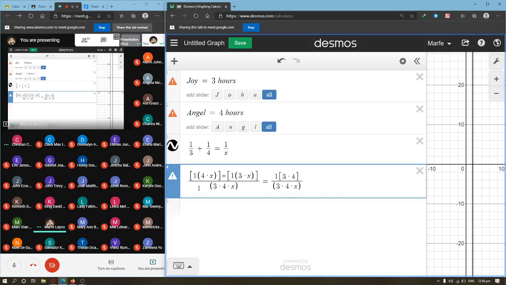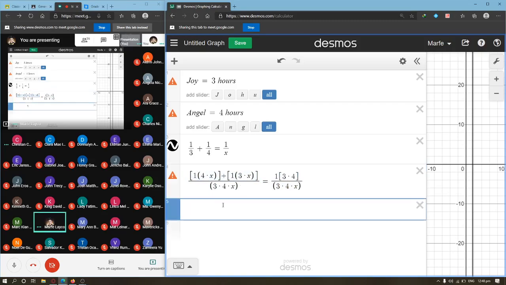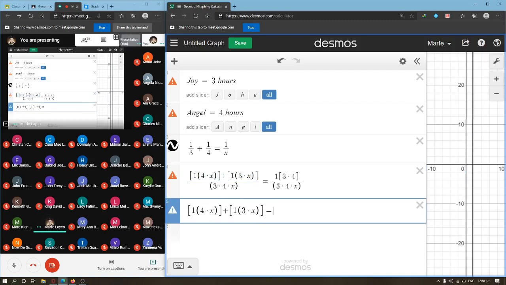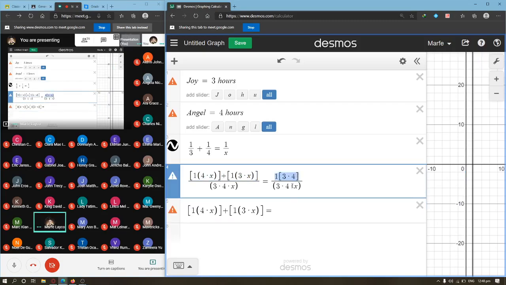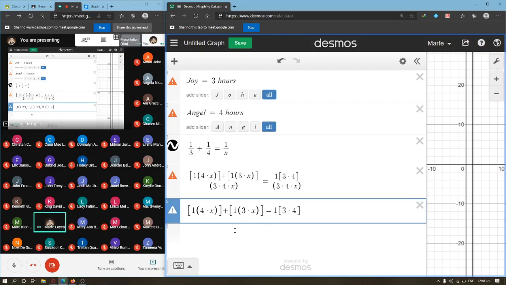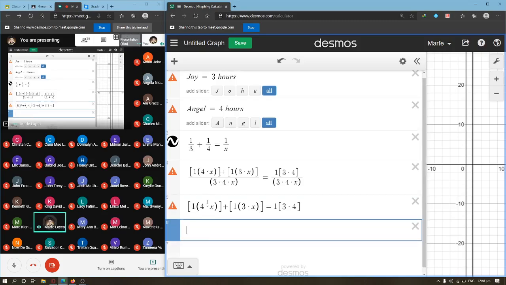Okay. Since pare-pareho na sila ng denominator na ganyan, kukunin na natin yung numerator. So, numerator natin ito is equal to, sige, kunin na rin natin as it is. Next. So, 1 multiplied by 4 multiplied by x is 4x. 1 multiplied by 3 multiplied by x, so plus 3x equal to 3 multiplied by 4 equal to,